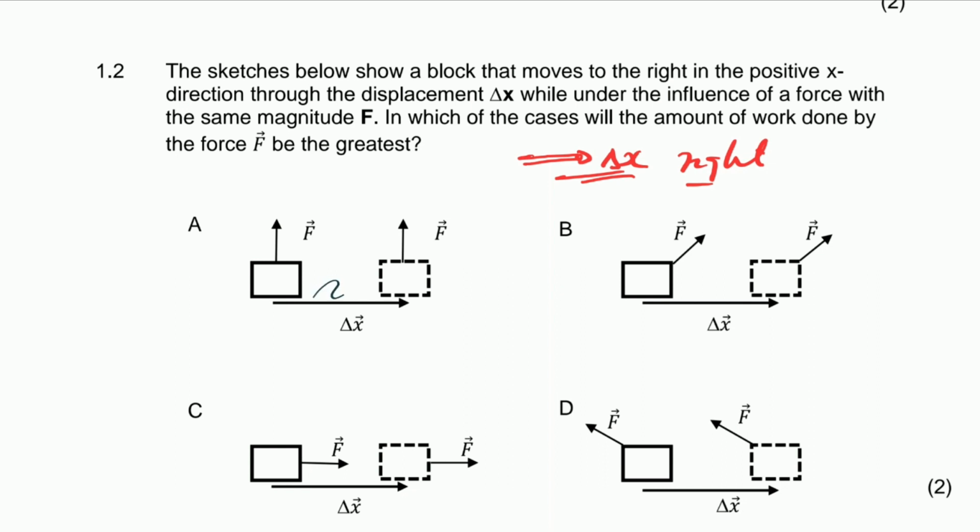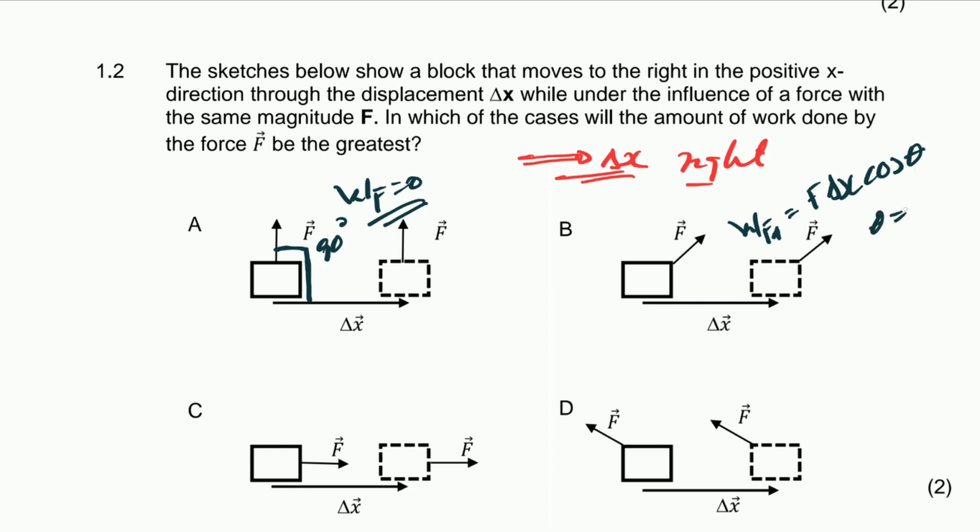Okay, if we go to the first one, you can see that the angle between the force and the displacement is 90 degrees, and therefore the work done by this force is equal to 0. You can see that one. This one here is the same. If you use the formula, let's write the formula perhaps a little bit more here. Work done by the applied force is equal to the force multiplied by the displacement multiplied by the cosine of the angle. This angle here is different to 0. Okay, so it will be